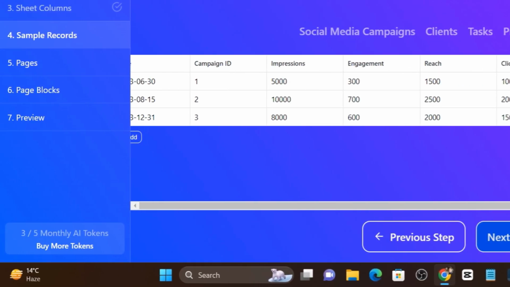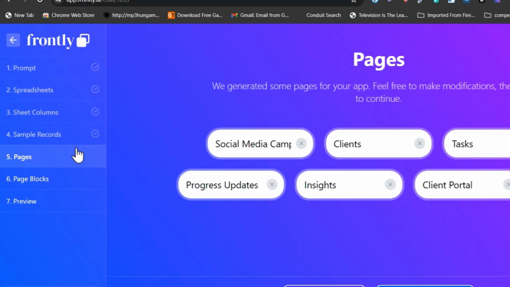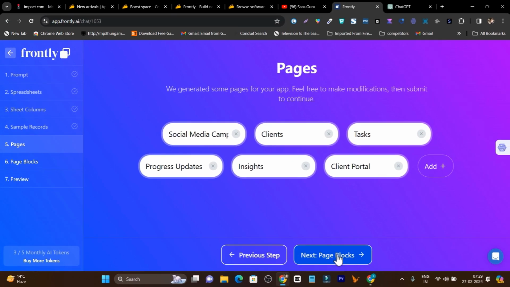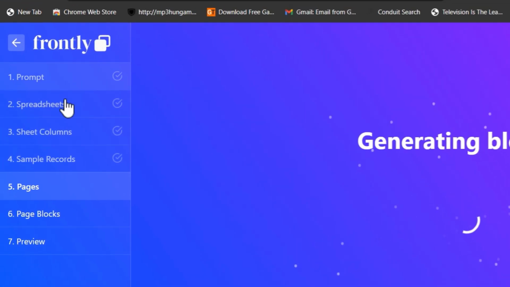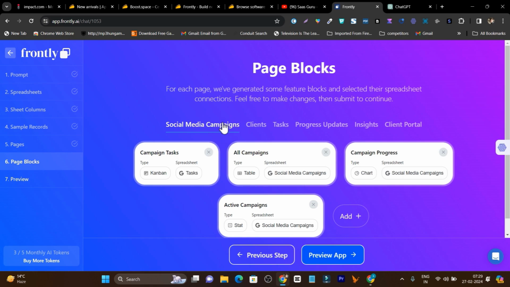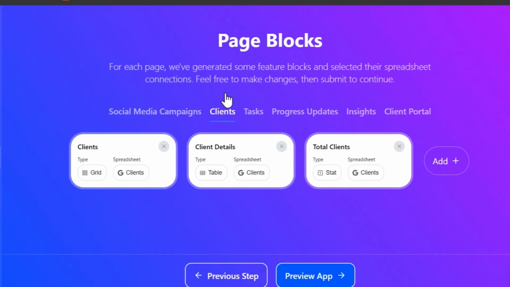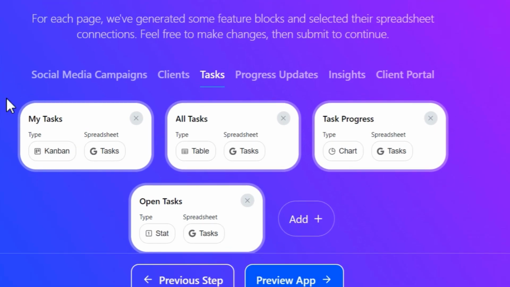Now let's go to the next pages. Now it is generating the pages with all the data, it is now generated. Okay, let's click on the page blocks, and step by step we are completing all these things here. Okay, you can see here the check mark is appearing, and now our pages blocks are generated. We can just check out here, and we can always add them manually, but I wanted AI to do all